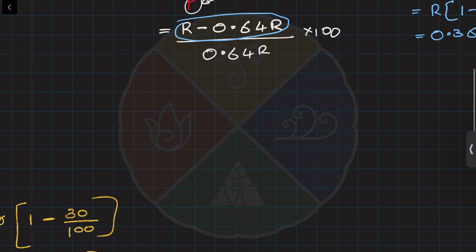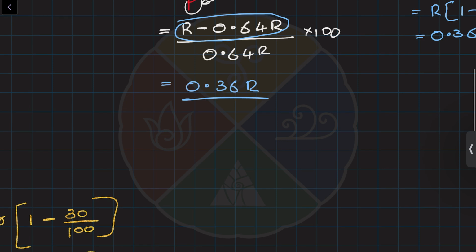So I'm going to substitute that value over here. 0.36 R divided by 0.64 R into 100. Here this R and R will go, and since numerator and denominator have 2 points, I can eliminate them. Or you can say that you are multiplying numerator and denominator by 100, and that will basically remove these points. Now this is the simple thing. You simply have to solve this value and you will find the answer. 36 into 100 divided by 64, and you will find it is